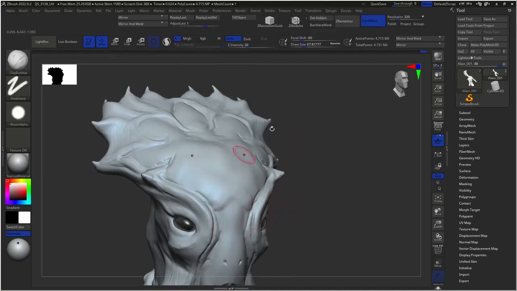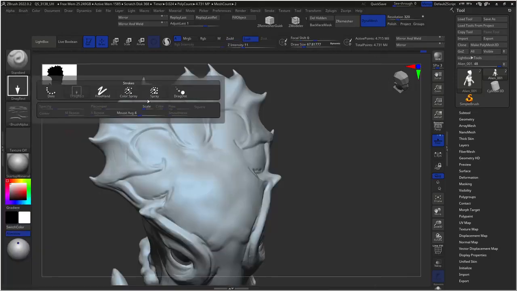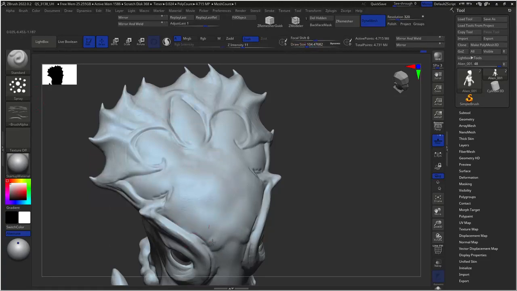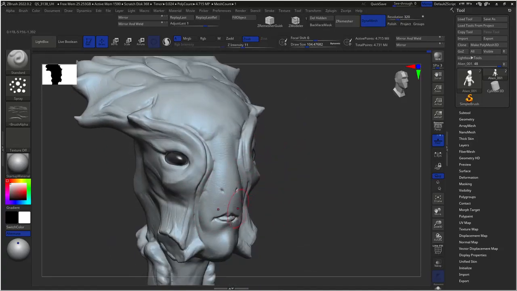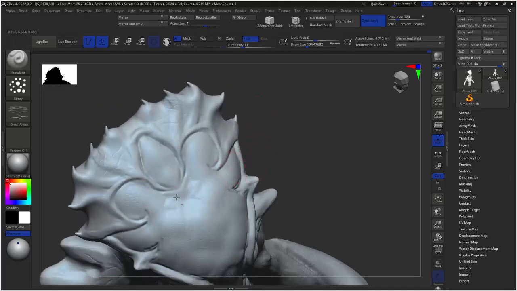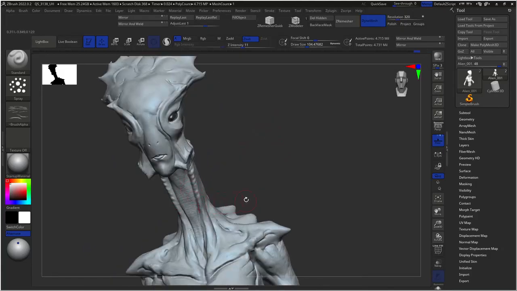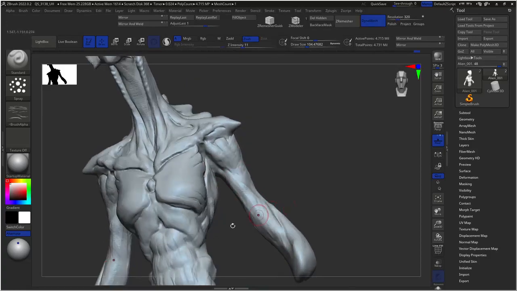I think I want to give it sort of like, even flowers have this sort of leathery skin. So I'm gonna go BST. I'm gonna change this to spray, and I'm gonna give it a very subtle texture only on this area, only on the soft area here, because I think that's the area where we're gonna have this sort of flowery effect. You can transition a little bit into other areas, but I want it to be a little bit more prominent there. Of course, here on the neck, and any areas where I can see a little bit of skin, I would expect to see this sort of